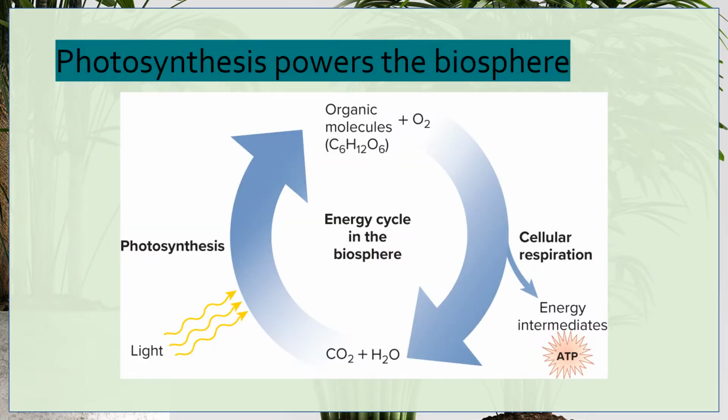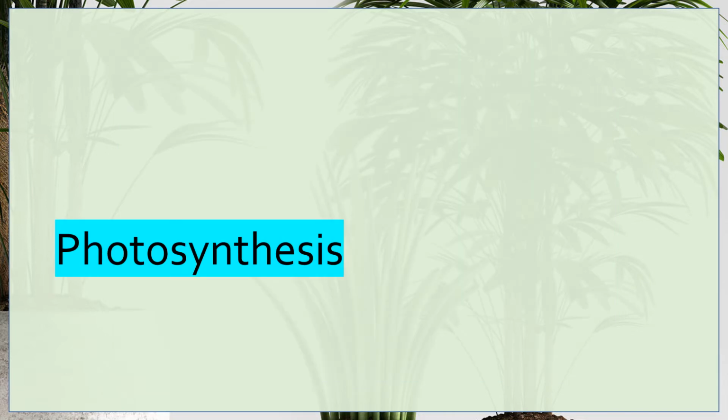In this diagram, here we have photosynthesis. We have organic molecules plus oxygen giving glucose, plus oxygen giving us that cellular respiration that we went over last week. And then we have it releasing water and CO2. Then photosynthesis takes that up, and it's a cycle all the way through over and over and over again, giving us life. So to understand this more in depth, we'll start